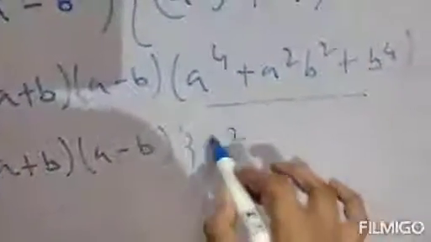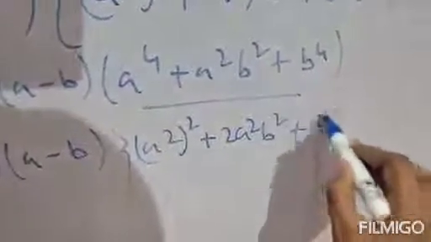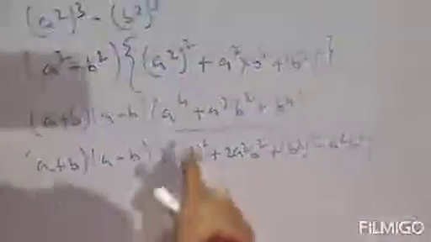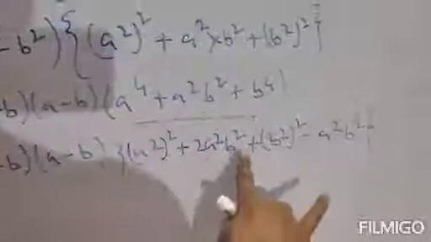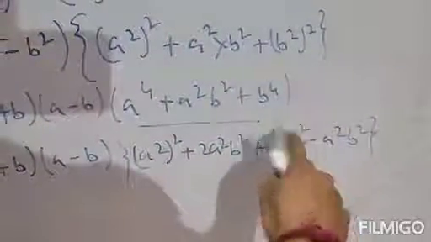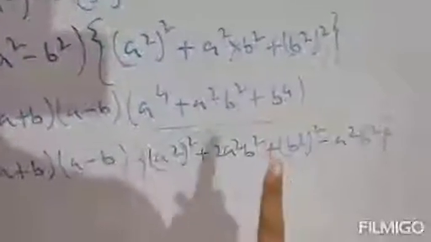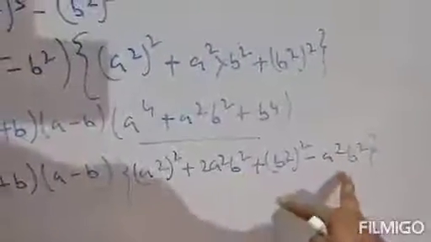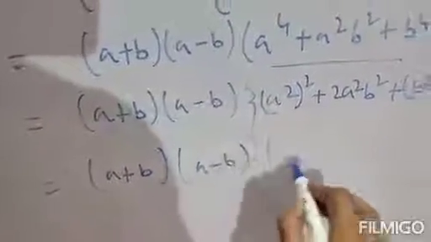Just make it a formula, that is a square plus 2ab plus b square minus a square b square, like this. We have broken this a to the power 4, that is a square squared, that is a to the power 4 plus 2a square b square plus b to the power 4, that is b square whole square. As there is 2a square b square and here is 1a square b square, we have to cancel 1a square b square, that is we have taken minus a square b square. So if you calculate 2a square b square and minus a square b square, it will be plus a square b square. Clear? So this part will be a plus b, a minus b, and this part,